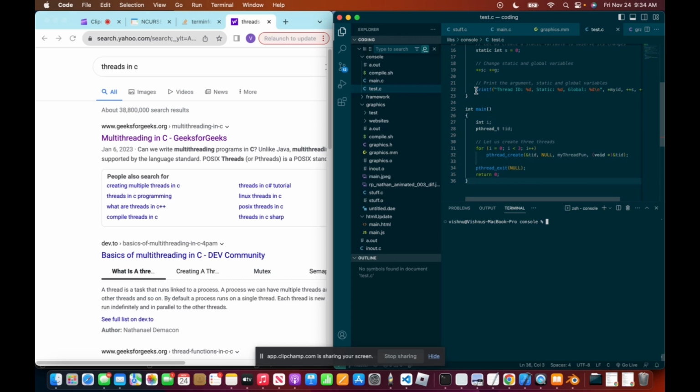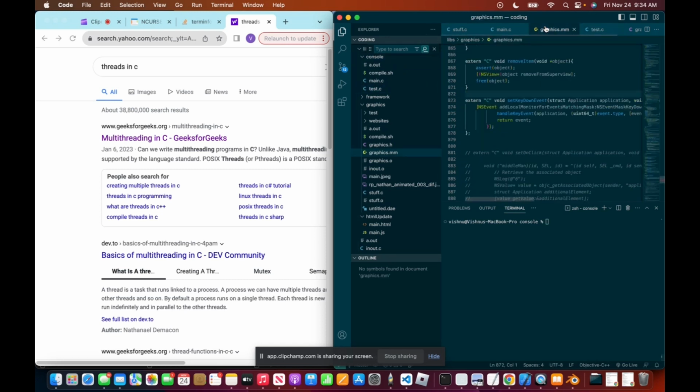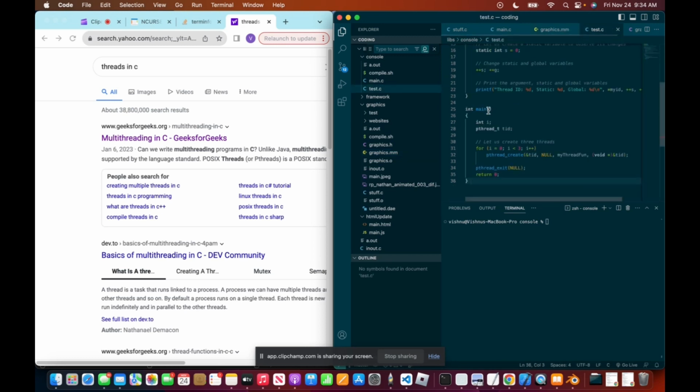So essentially here it's able to create multiple threads. So what I'm thinking is rather we use